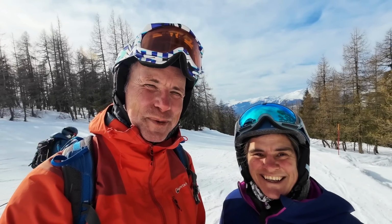So it's been over a week since my last little adventure on the mountains, which did not end well. I ended up at Bourg-Saint-Maurice Hospital on an IV drip for antibiotics because I had a bad chest infection in my right lung. So I'm really glad to be back on the mountains. I wasn't allowed to go to altitude for a week, but I'm back. And I've got my little ski buddy back because it has not been the same coming out on the mountains